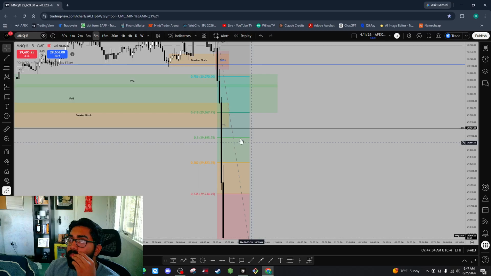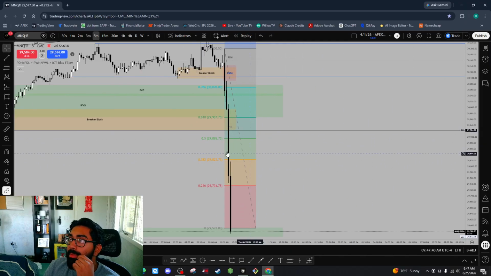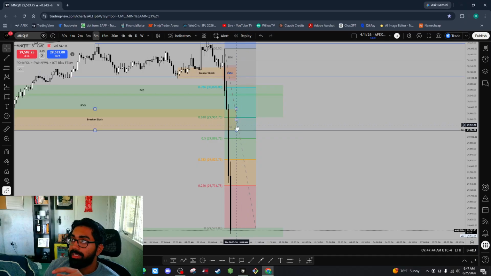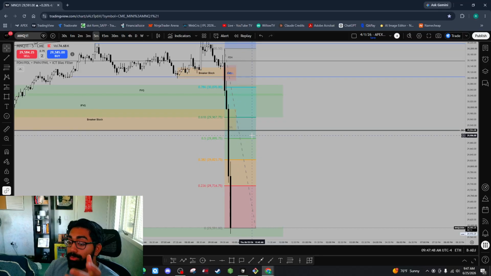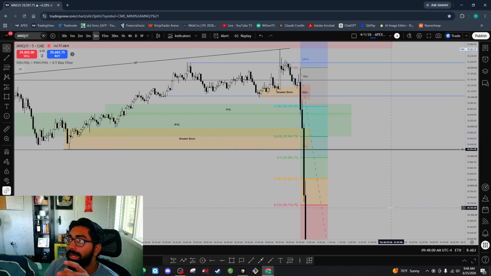See what I'm saying? So, I think if we retrace over here, I'd be cool with taking shorts, because we've entered the 50% and 61.8% retracement, which is more than 50% of the way through. So that's, I would consider that discount in this context. Plus, we'd have entered the breaker block zone. And on top of that,